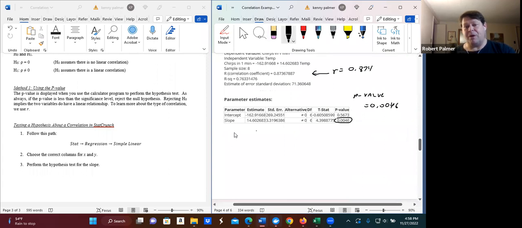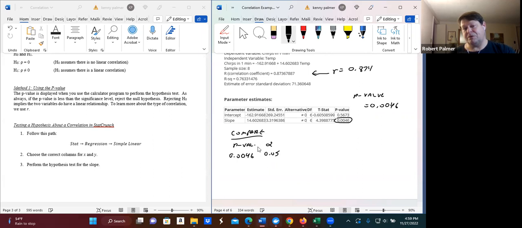So once again, compare our p-value with alpha, and alpha is 0.05. The p-value is 0.0046, which is clearly less. In fact, even if we chose a p-value of 1, that'd also be less. So then we can reject